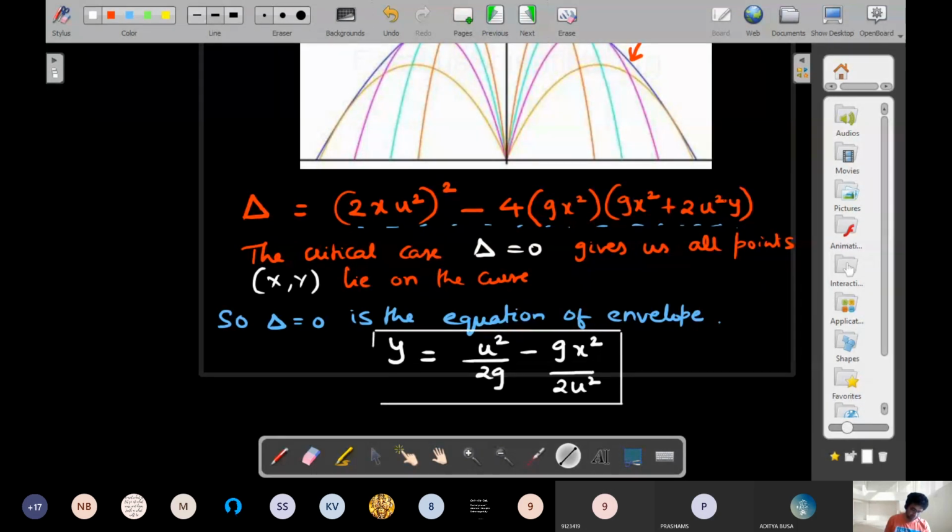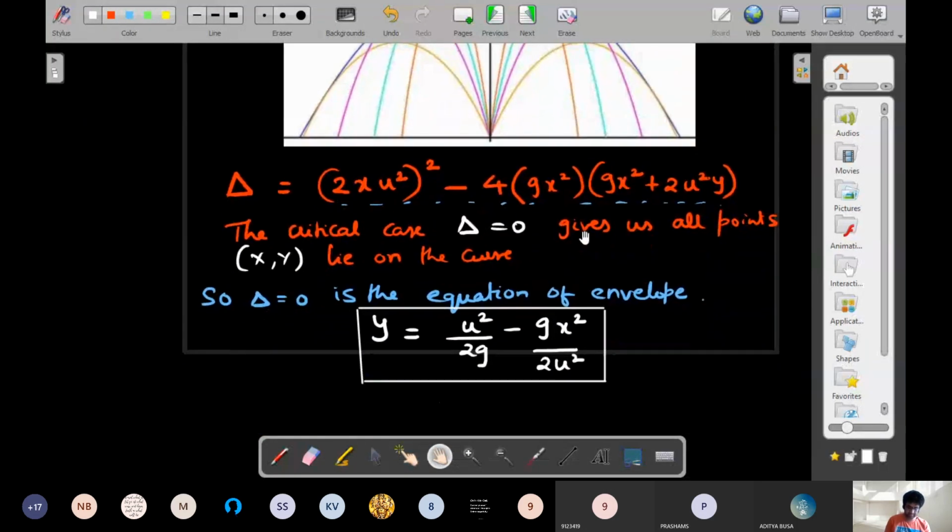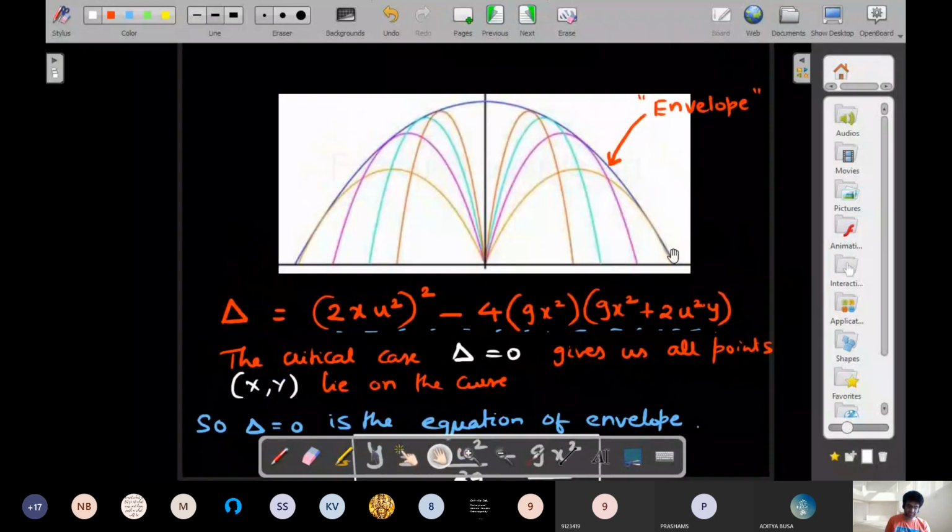Please understand, the envelope of all parabolae need not always give you a parabola, but you realize that using the concept you arrived at this condition finally, and this is equal to y is equal to constant minus a constant times x square, again a quadratic expression, which means the envelope that you get here is also a parabola. Okay, so if you are outside this parabola you are safe. That's why this contour or this periphery, or the envelope I should call it, is also called the safety parabola.